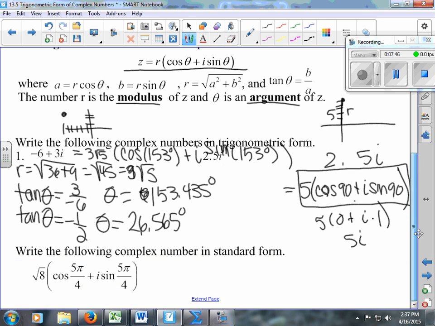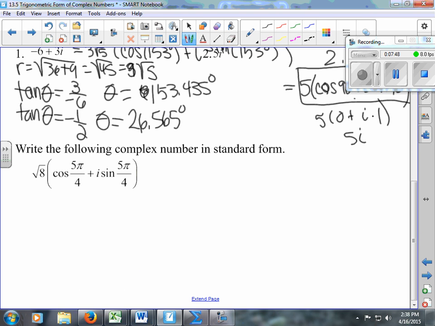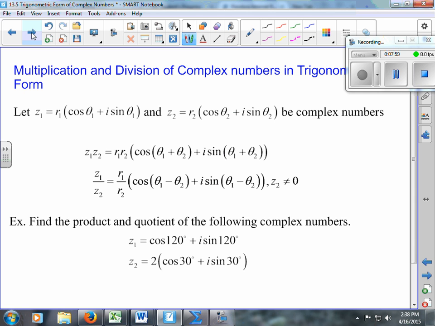Okay? And here I have an example in which you work backwards. I'm going to let you do this example. You just need to simplify the cosine and the sine and distribute the square root of 8, just like I just did. Okay, so before I teach you how to do powers and exponents of these complex numbers, I'm going